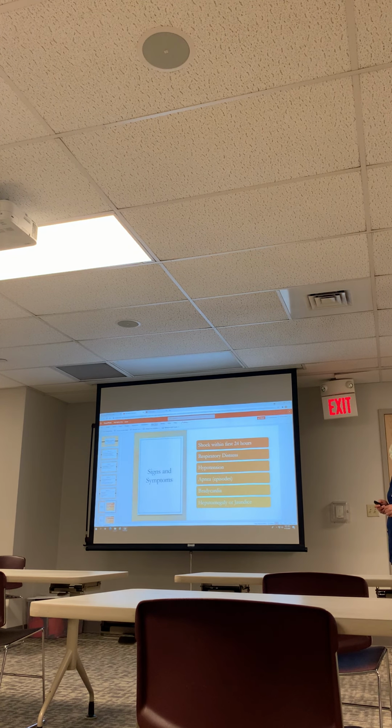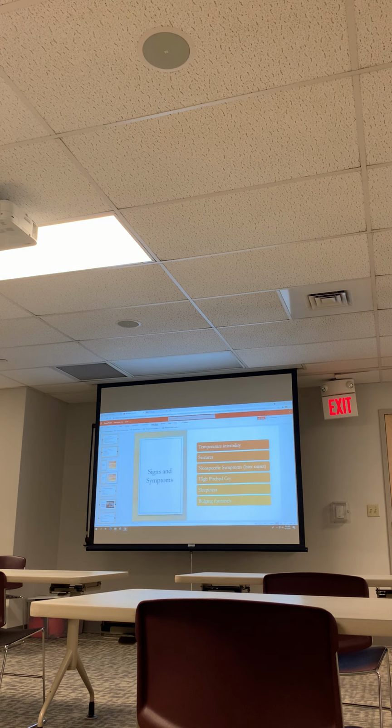So signs and symptoms, these will be early signs, any symptoms of shock within the first 24 hours. These babies are gonna quickly decompensate, they'll have vital sign changes, respiratory distress, low blood pressure, episodes of apnea, bradycardia, they might develop jaundice, hepatomegaly. You might also see temperature instability and seizures as early signs of meningitis.